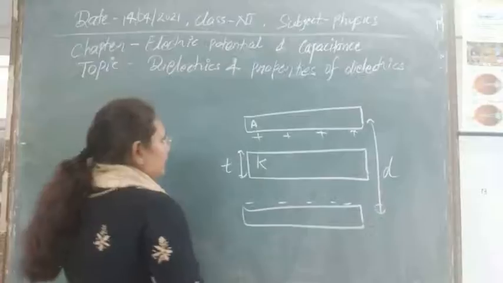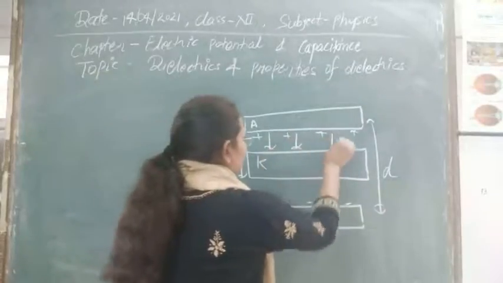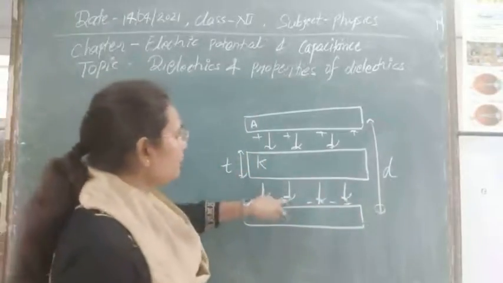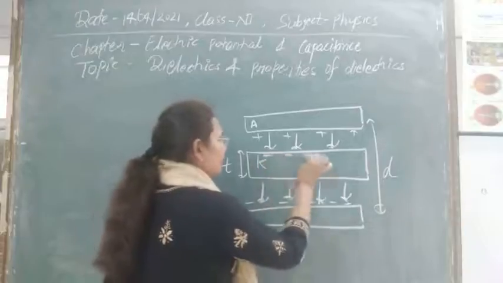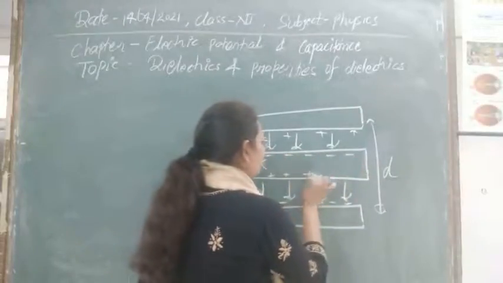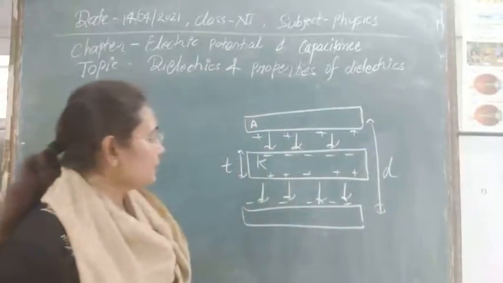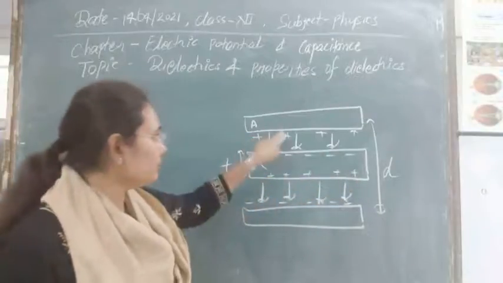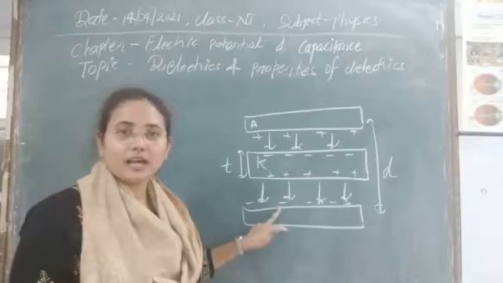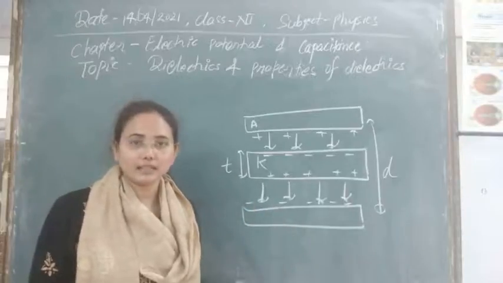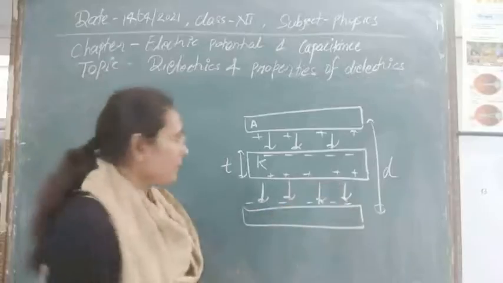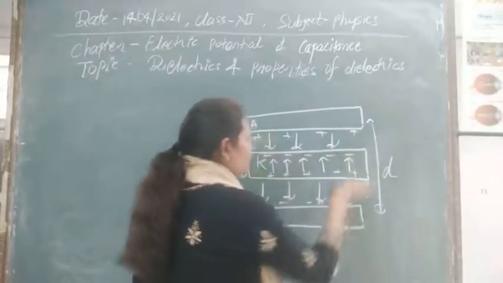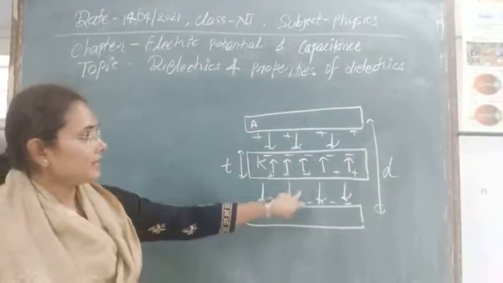As we know, the direction of the electric field is from positive to negative in this direction, but due to the presence of this external potential, the electrons will be attracted on this side and the positive charge will be on this side. So there is also polarization of charges produced due to the presence of the external field outside it. We have already understood the concept of polarization in a dielectric. So here polarization will start, and if you see the direction of the electric field inside the dielectric slab, it is opposite to the direction of the electric field outside it.